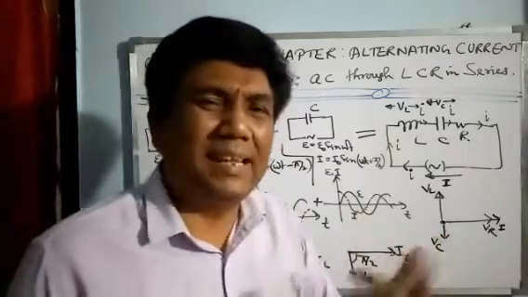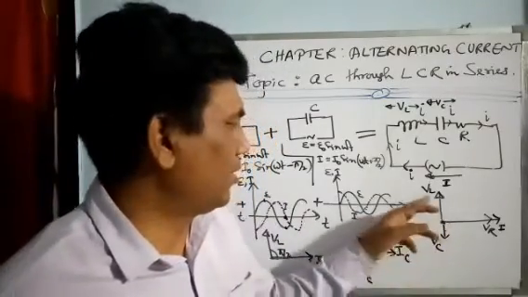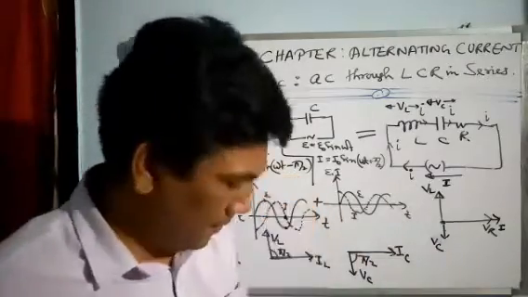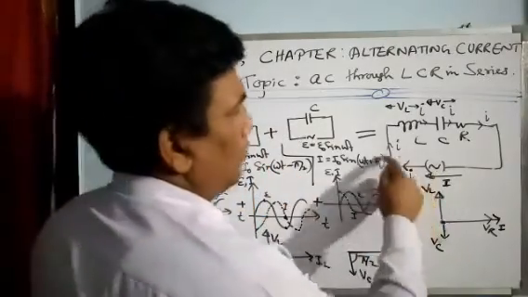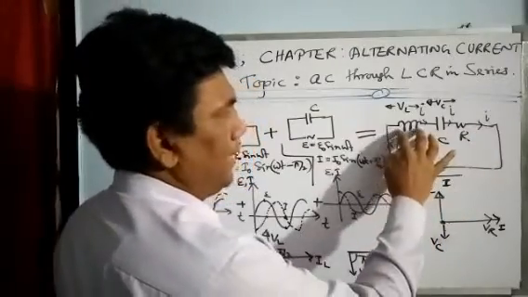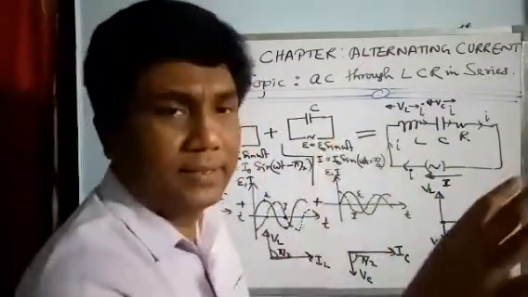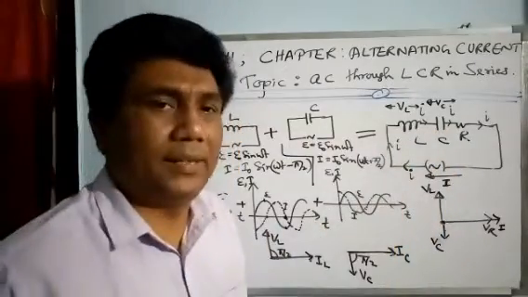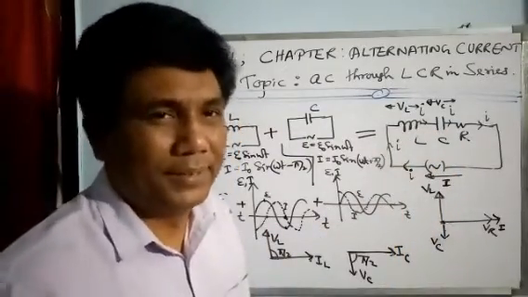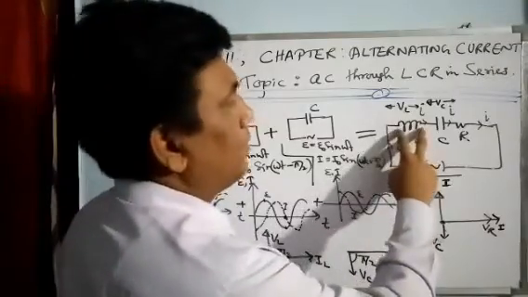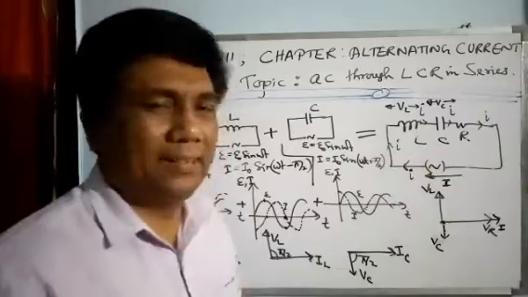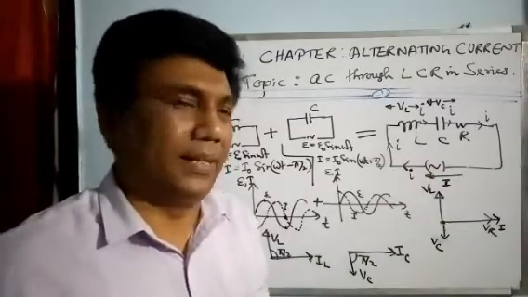What is the physical meaning of this 180 degree phase difference? Physical meaning is that when current passes through the resistor, if the inductor gives you voltage, supplies energy, the capacitor will absorb energy. Simply like that only. If it gives voltage, it will take voltage, nothing else. You can understand like that.